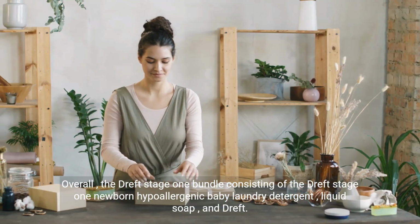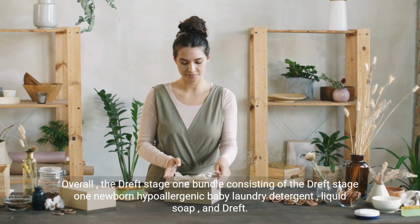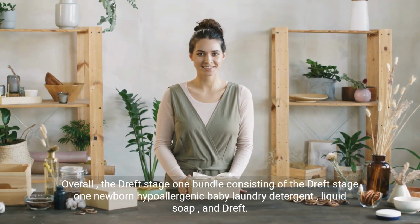Overall, the Dreft Stage 1 bundle, consisting of the Dreft Stage 1 Newborn Hypoallergenic Baby Laundry Detergent Liquid Soap and Dreft